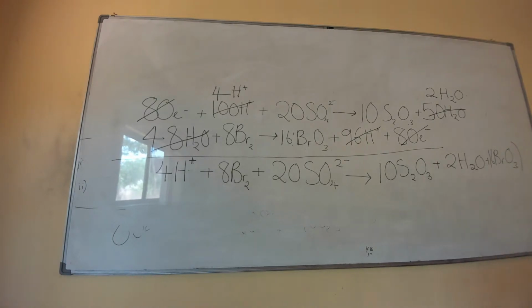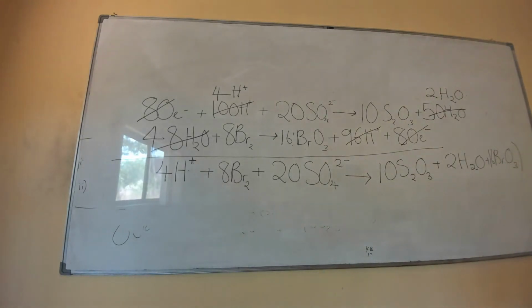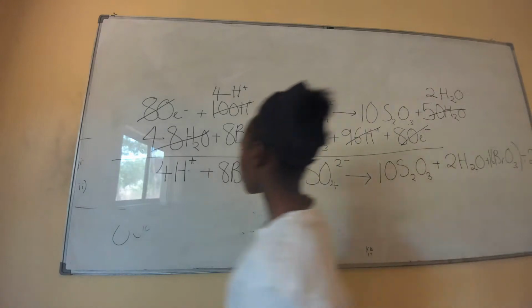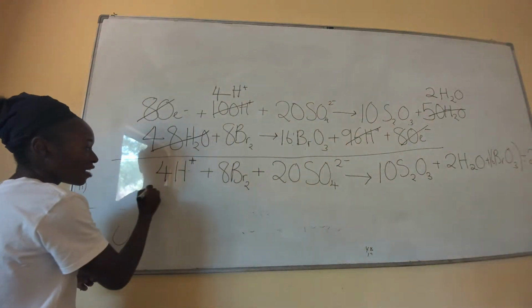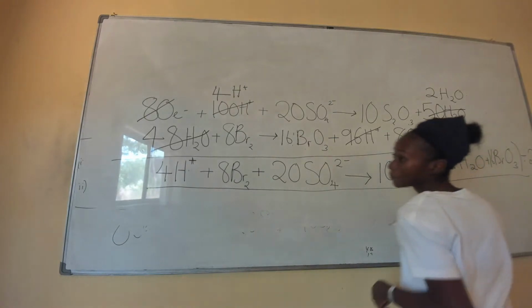Okay, so as we can see, this is our final answer, but this can be divided by 2. This is divisible by 2. So we can't leave our answer here. Let's take it to its simplest form by dividing everything by 2. So when you divide everything by 2, you discover that our final answer will become